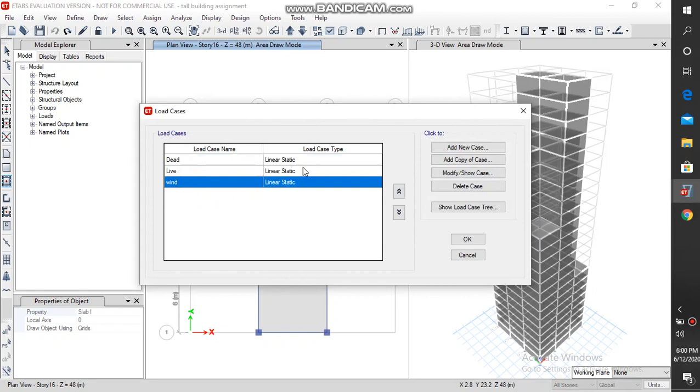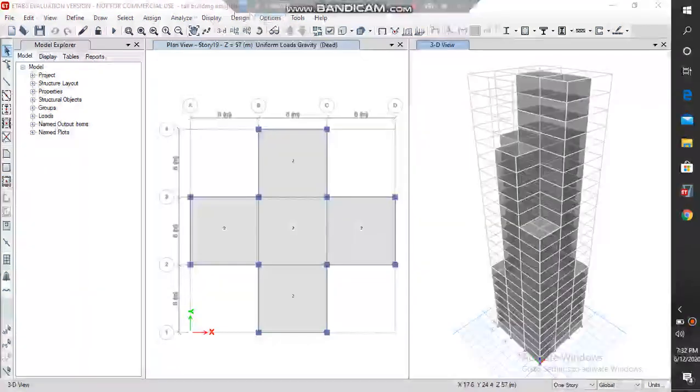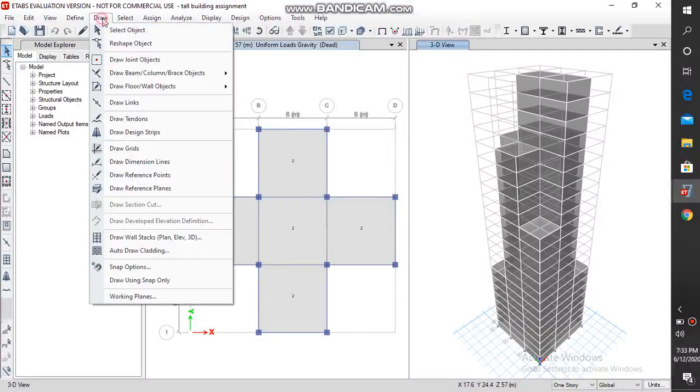When it comes to a wind load, based on the IS code, it depends on the location, topography, and terrain of the structure where it is going to be constructed. Then we provide auto cladding to a structure by going to draw option and selecting auto draw cladding.